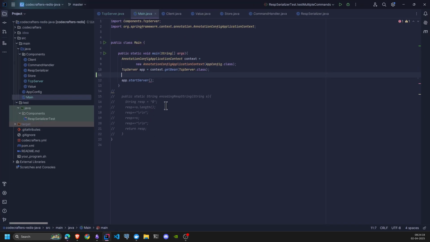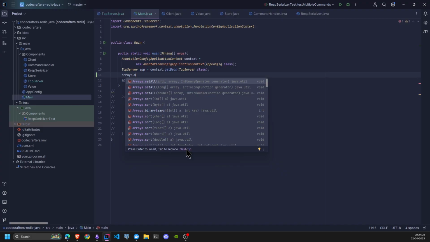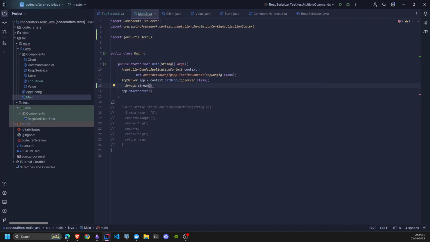Yeah. So what I'll do is, because right now we're just passing a single flag, but soon we'll add support for multiple flags. So let's just do this,